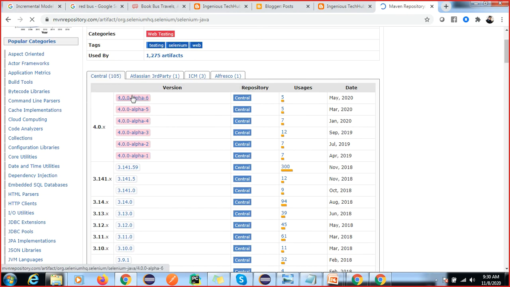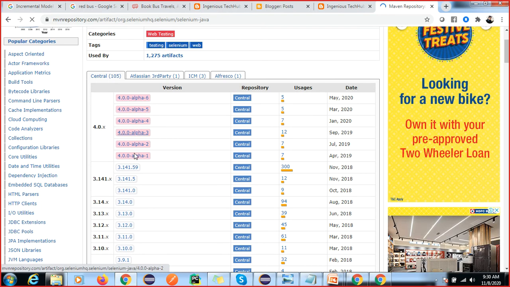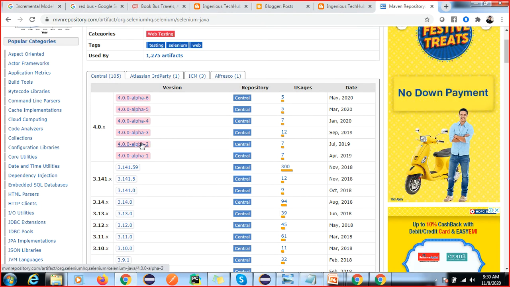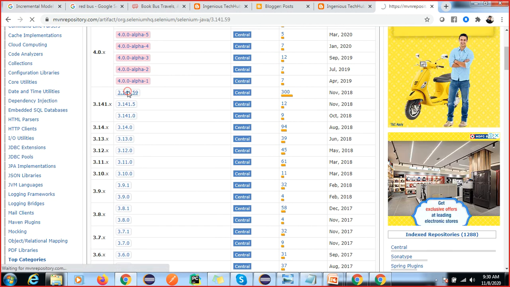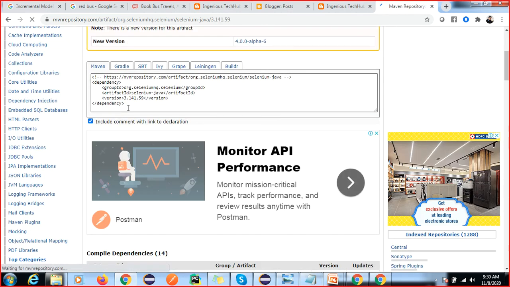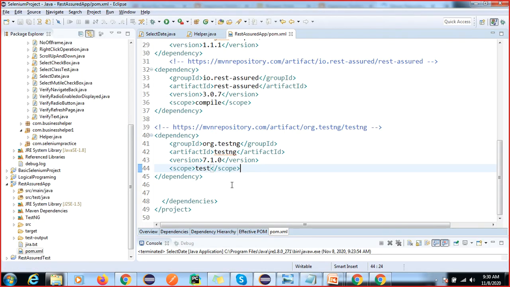This is the alpha version, which is not stable yet, because people are still working on it. Your stable version is this one. You can copy this dependency and paste it inside the pom.xml file, and automatically all the jars will be downloaded.